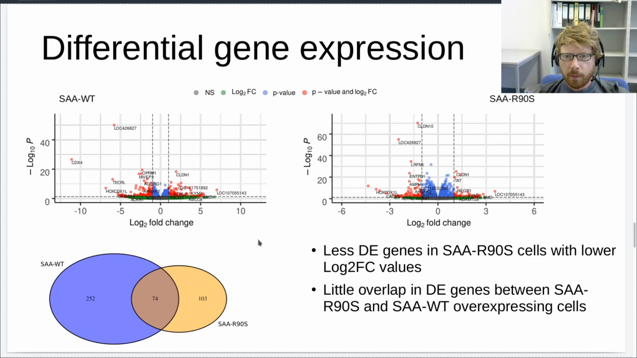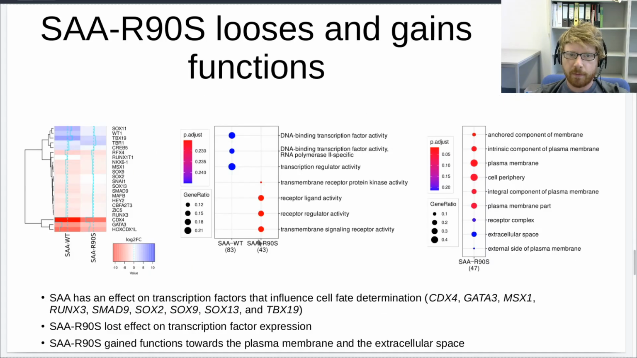So we wanted to know what mechanistic consequences this might have on the cells. So I did some pathway analysis, and I found out that the wild-type protein has an influence on gene transcription, whereas the mutant form mostly affects pathways related to the membrane and receptors. And regarding the localization of downstream affected genes of the mutant form, we have an enrichment towards the membrane, the cell periphery, and